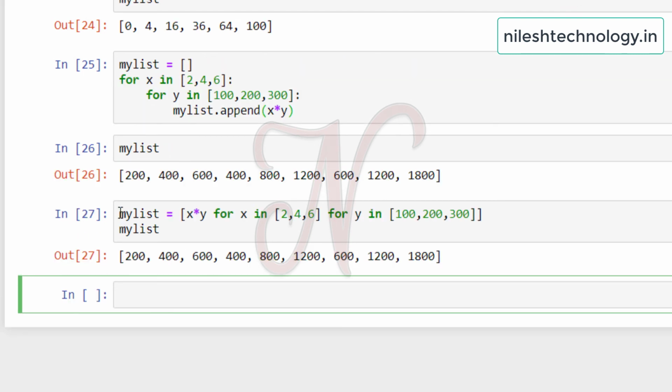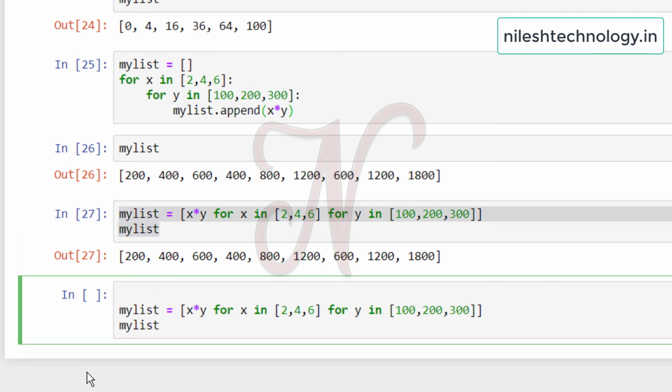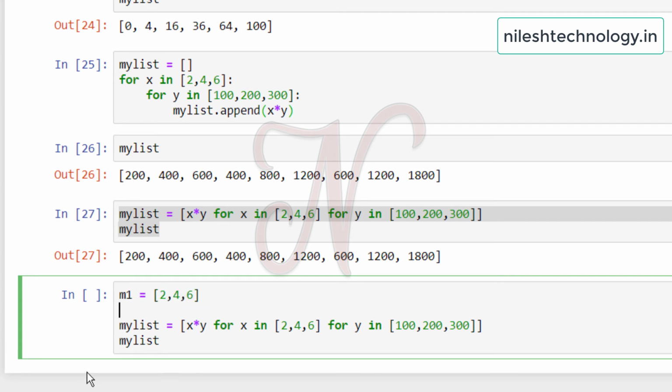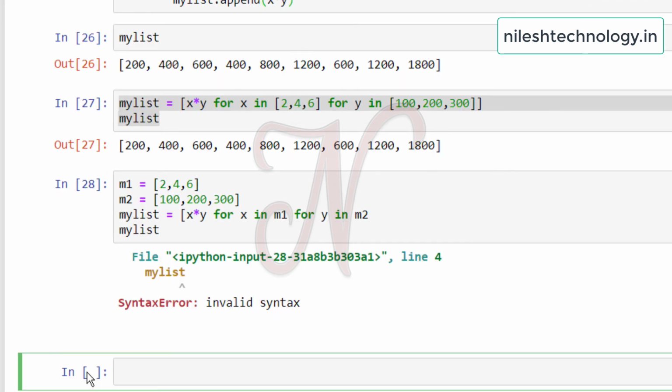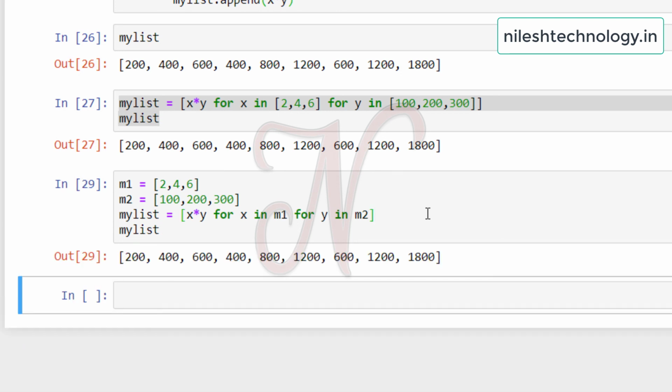We can also do this by declaring two lists: m1 equal to 2 4 6, then m2 equal to 100 200 300, and here use the variable m1 and here m2. Same output. So these are the list comprehension points.